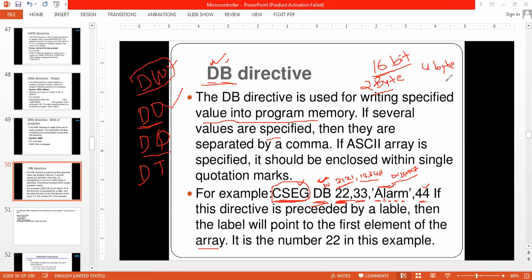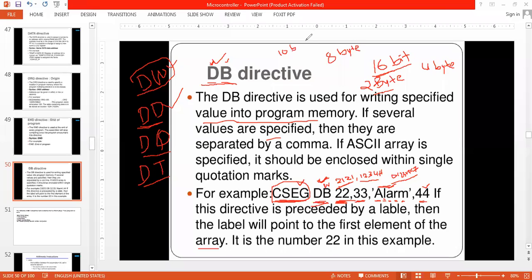Then if I write DQ, DQ stands for quad word. Quad word stands for 2 into 4, so a total of 8 bytes. I have to provide 8 byte data to a label, to an array. Then DT stands for 10 bytes.